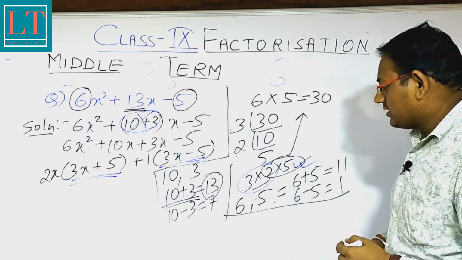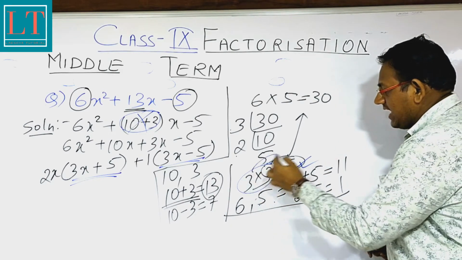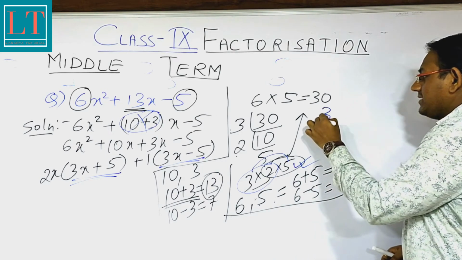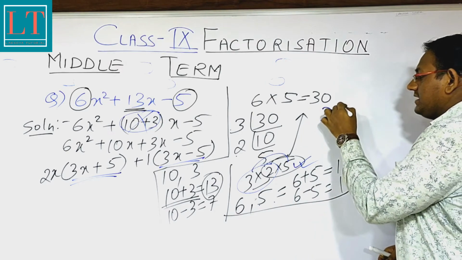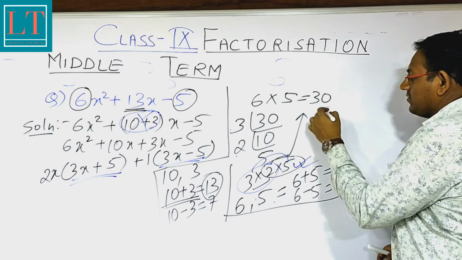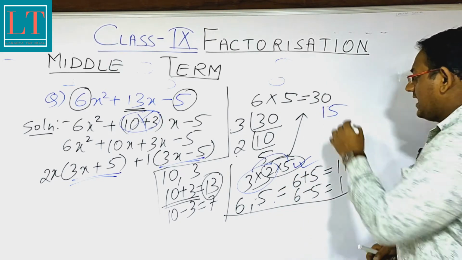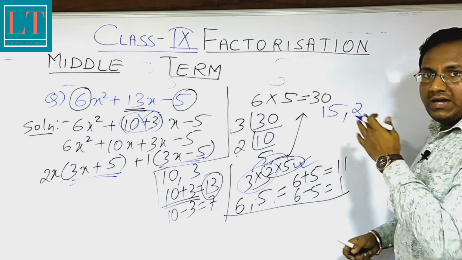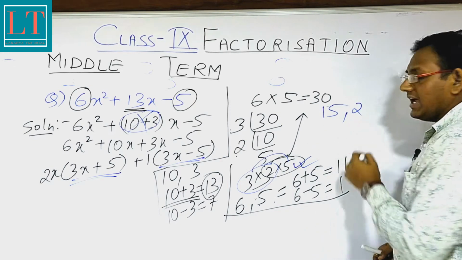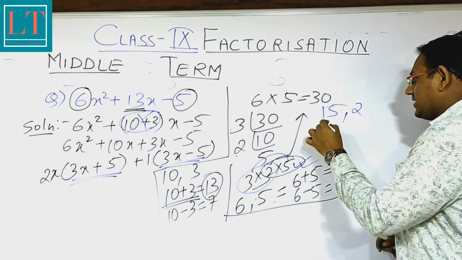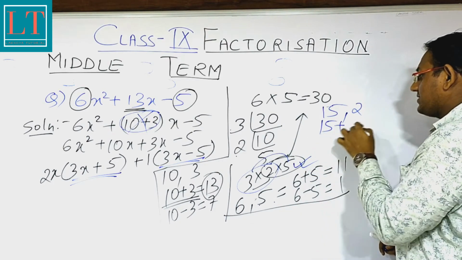But what about pairing this 3 and 5 over here? We forgot about that. We can easily pair 3 and 5. So 3 and 5, if we pair these two terms, we will be getting 15 over here. That means 3 and 5 in one term, and we can keep 2 as a separate term. So 15 and 2 will be the two factors that we need to discuss.